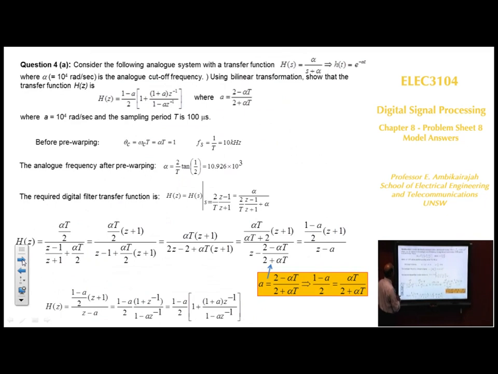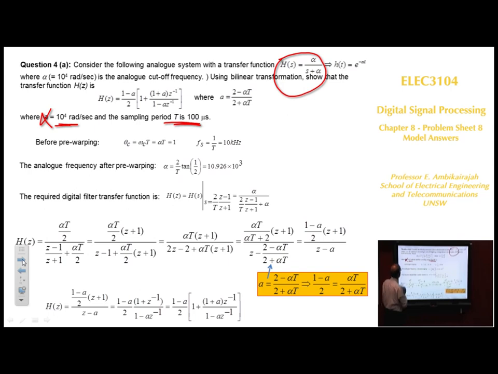Okay, now this is the last question in this paper, in this chapter. You've got a transfer function given, H(s) equals alpha over s plus alpha. And this is alpha actually, it's not a. Alpha is given as 10 to the 4. Sampling period is 100 microseconds. You have been asked to find, first part is,